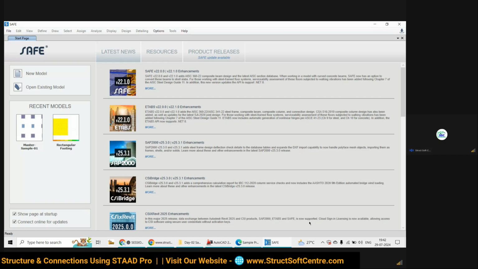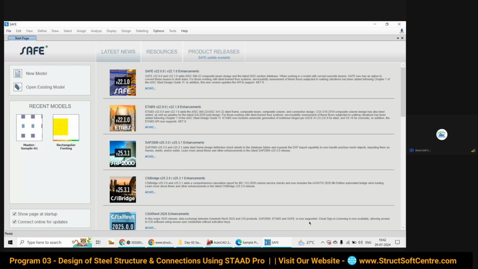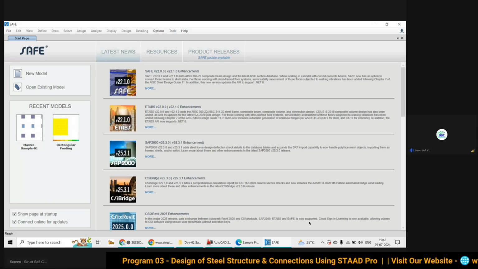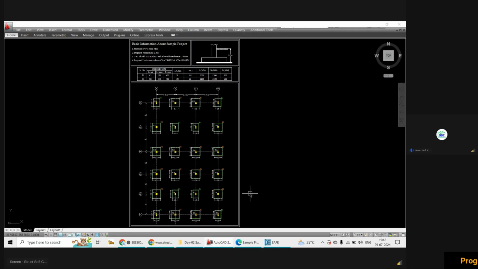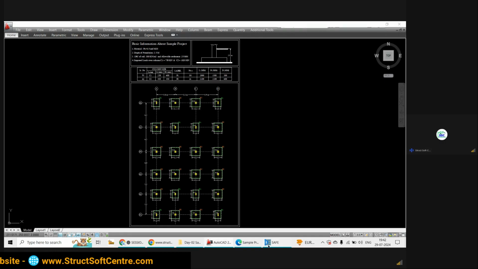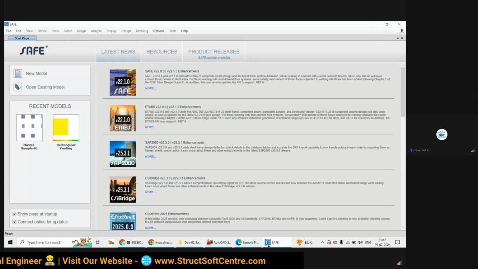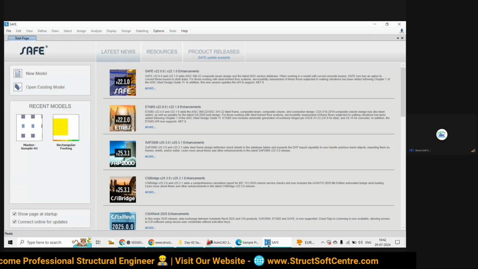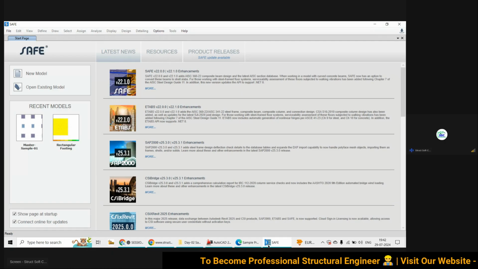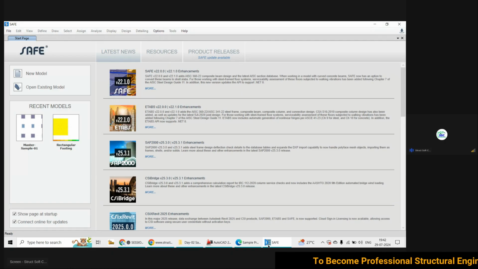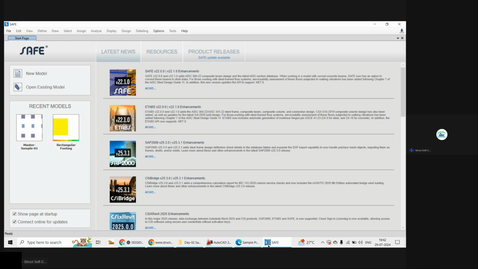We are not going to do actual practice; we are not going to deal with any real project here. The objective of taking this sample project is that along with the sample project study, we are trying to understand the software, and how you can take this software into practice. What are the commands for modeling, what are the commands for editing, what are the commands for analysis, and what are the commands for design?